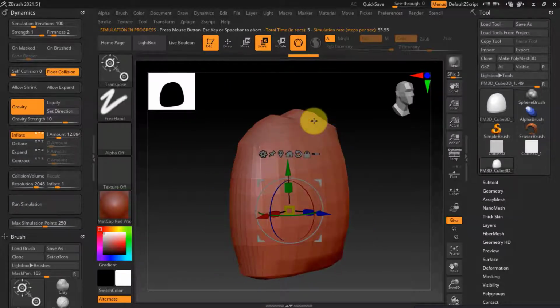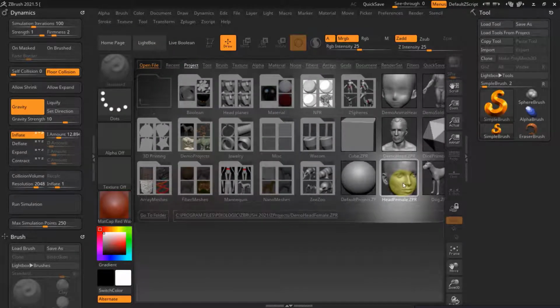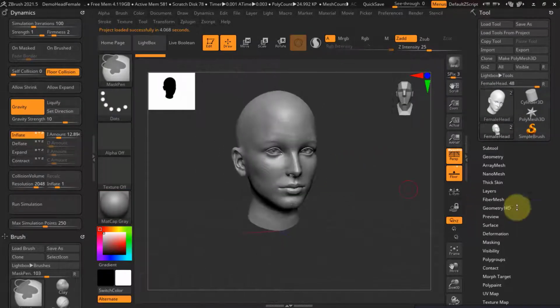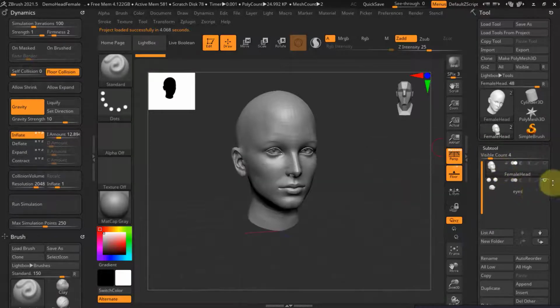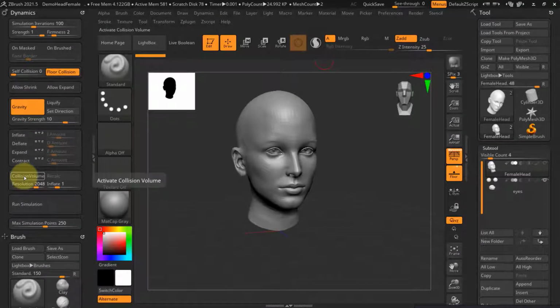Now the next process I'll show you is the simulation on any model or object. So first you add a model from the light box, then choose the subtool subpalette and select the first and second objects, this one, and convert them to collider objects. So first you select the first object and open the dynamic palette and